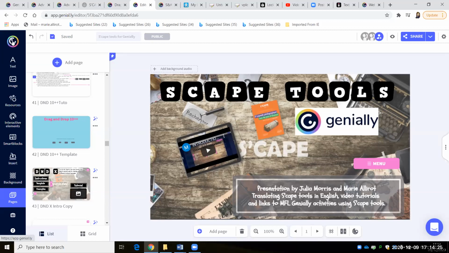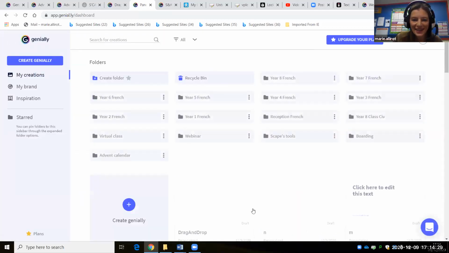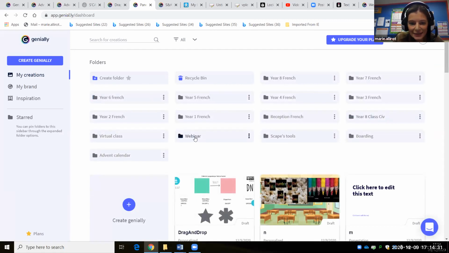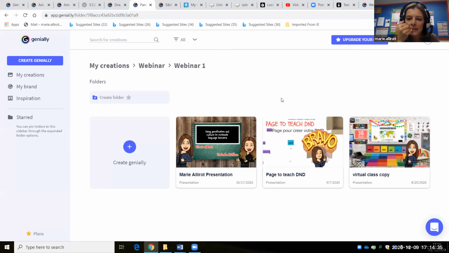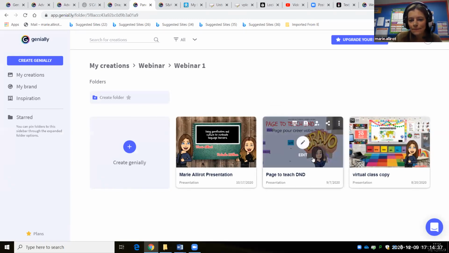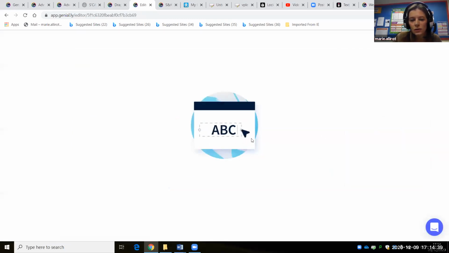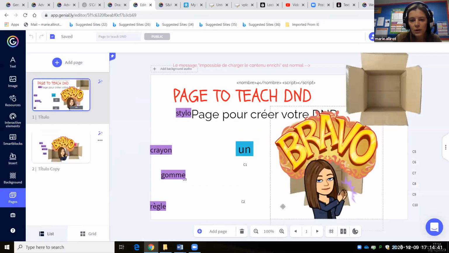I mean, this takes Genially to the next level, doesn't it? Yes. If I look at the example I showed in my first webinar, that was my page to do, oh no, that's the old version.